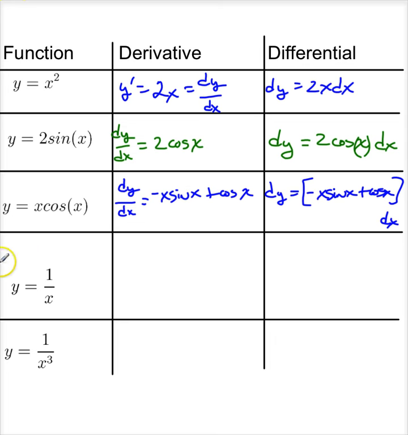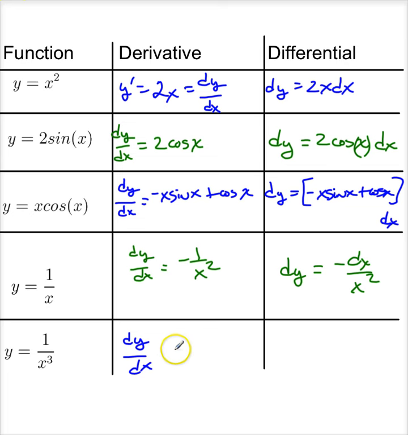Suppose I want the derivative of y is 1 over x, then dy dx, I think you're getting the idea here, is minus 1 over x squared, while the differential form is minus dx over x squared. And finally, for the very last one, dy dx is minus 3, and the differential form